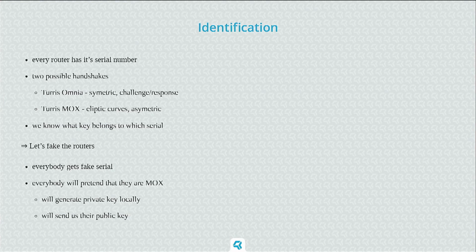On Turris Omnia, there is some symmetric cryptography. We have a copy of the key, and we can verify if some secret was signed by Omnia correctly. For Turris MOX, we have elliptic curves, and we have